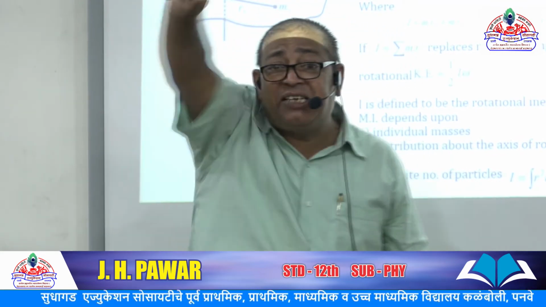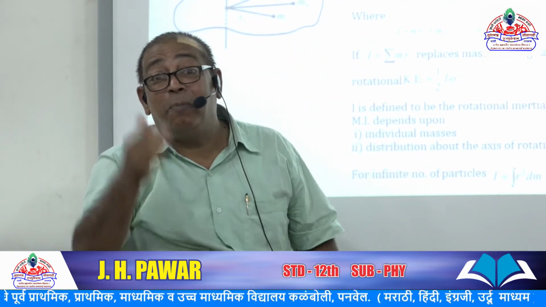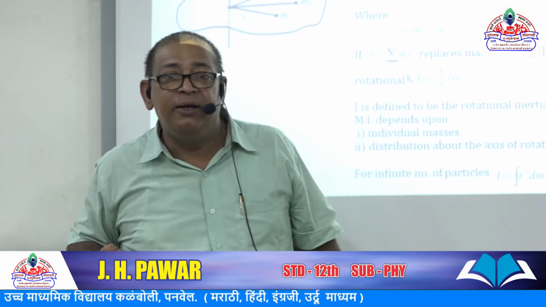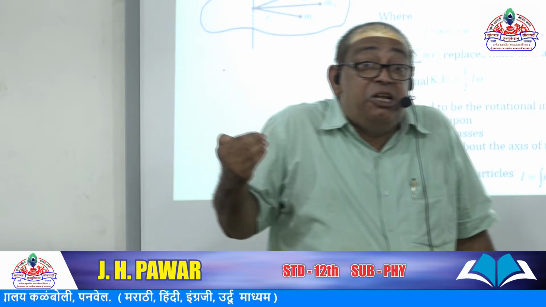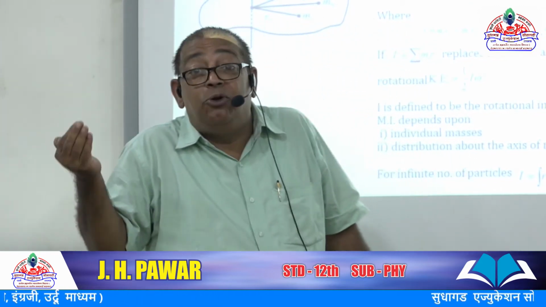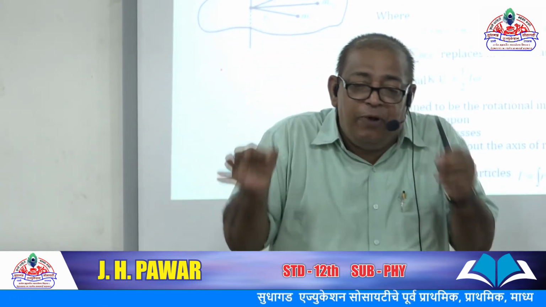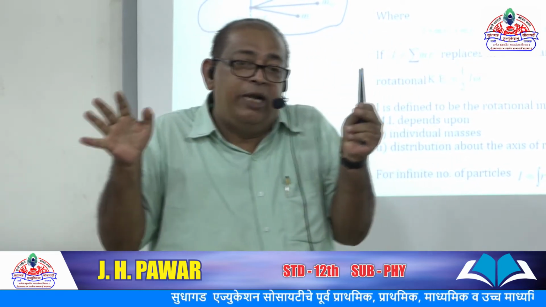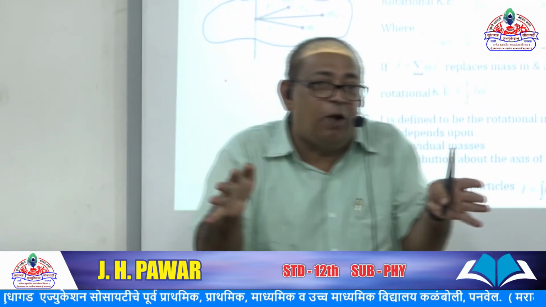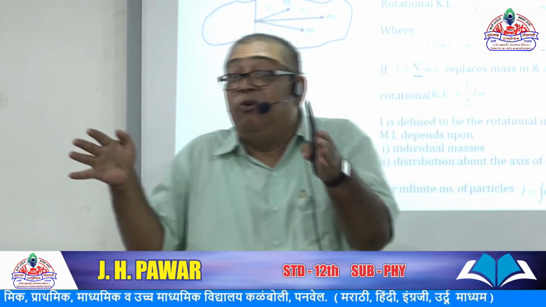Why? In this case, the distribution of mass is far away from the axis of rotation. So the moment of inertia goes on increasing, and as the inertia increases, it opposes more the stopping of its state of rotation. The simple thing is, if we consider a single body, its mass is the same everywhere, but its moment of inertia is not constant because it depends upon the axis about which it turns.